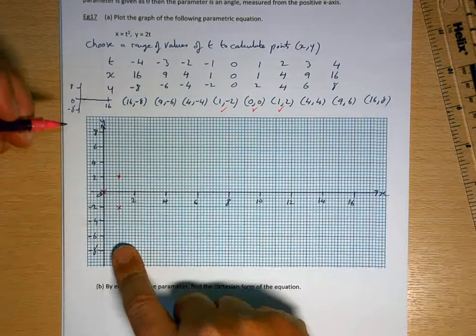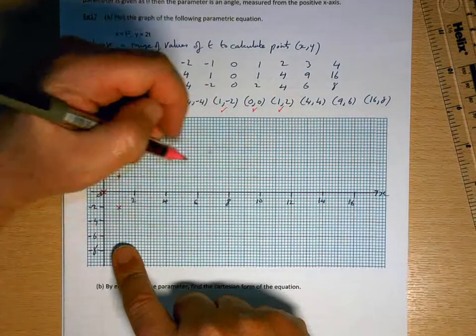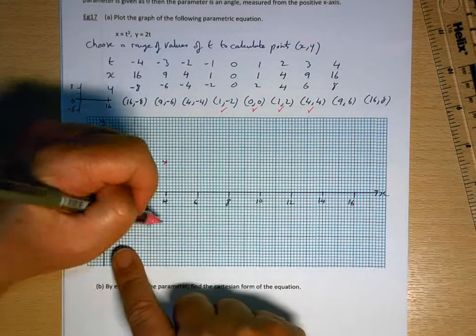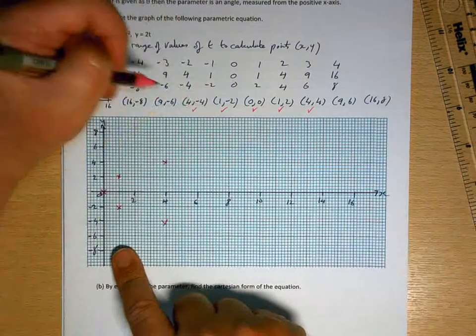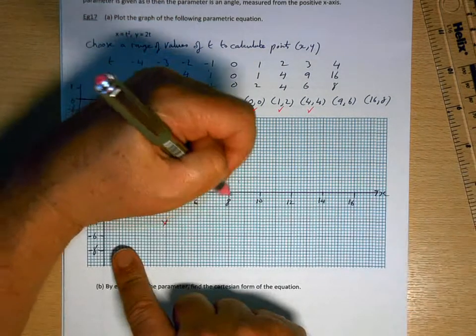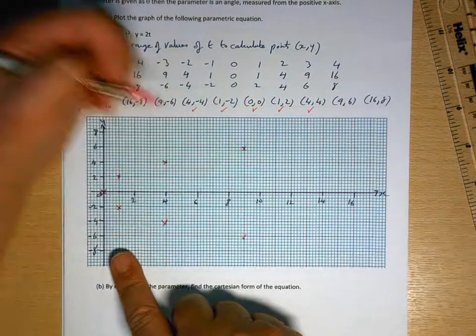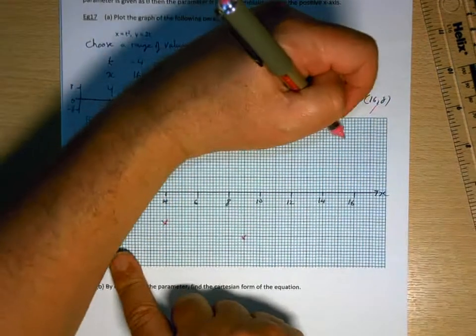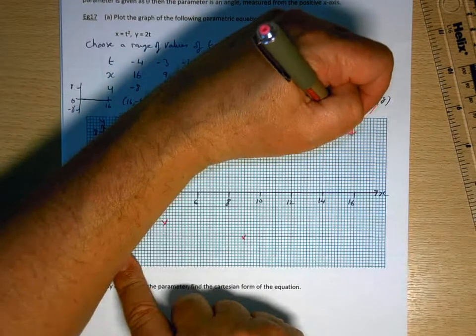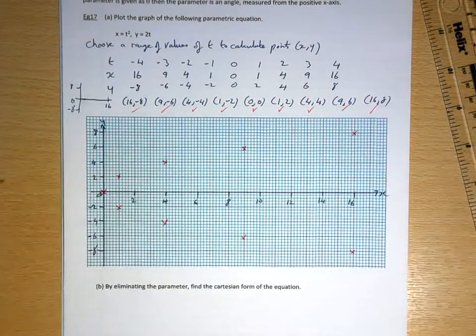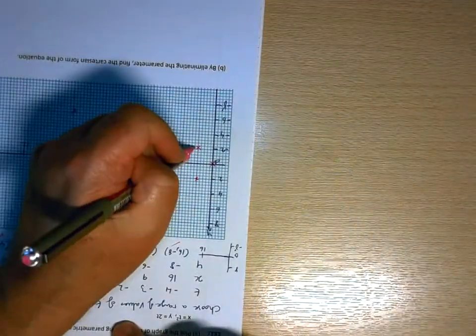Then I've got a 4, 4, and a 4, -4. I get a 9, 6, and a 9, -6, and I get a 16, 8, and a 16, -8. Okay, so what this is going to look like is, if we